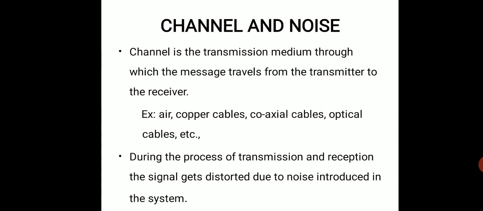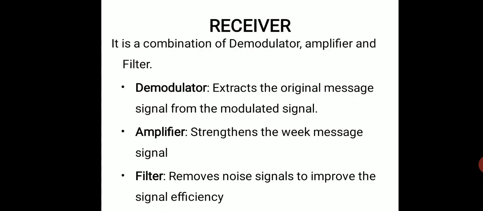This noise reduces the signal quality. So first, we remove the noise on the receiver side. So, the EM signal with high frequency, low energy plus noise signal is delivered to the receiver